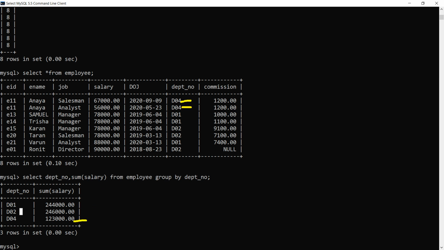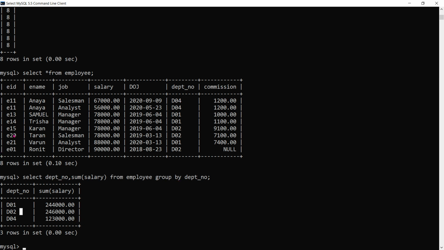So whenever we go for group by, we have to take one precaution. Whichever column we write after the select command, whichever column we would like to fetch, those columns must be aggregate in nature, that means group type.